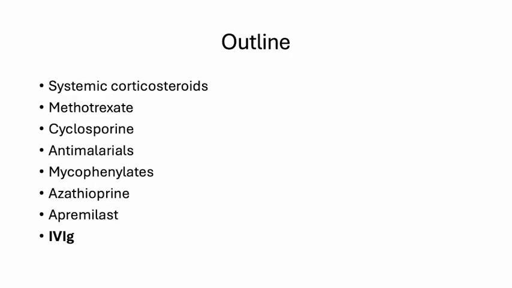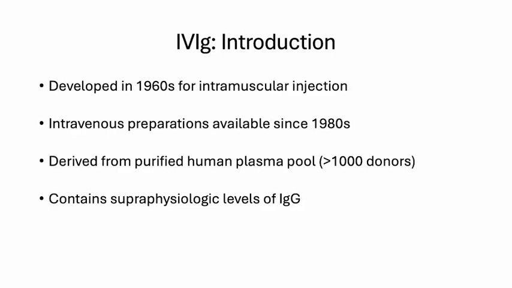Finally, let's talk about IVIg. Systemic immunoglobulin therapy has a rich history dating back to the 1960s, when it was first developed for intramuscular injection. In the 1980s, intravenous preparations became available, allowing for broader therapeutic use. IVIg is derived from a purified human plasma pool of more than 1,000 healthy blood donors and contains supraphysiologic levels